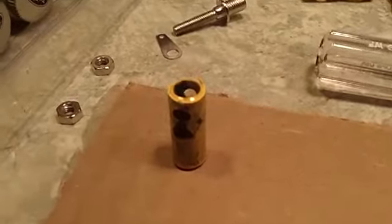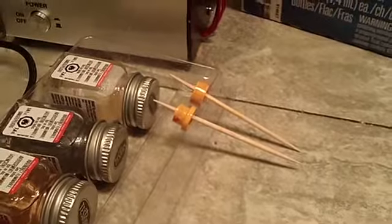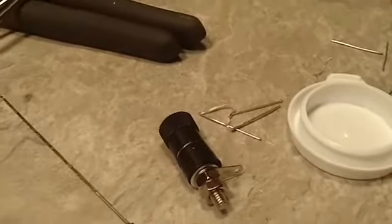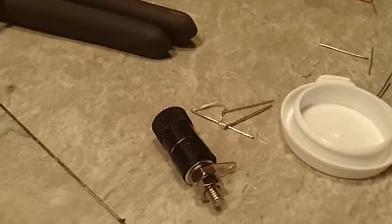Well, now we have the first coat on. Have the places where I was holding with the hemostats, I'll have to go back over that. There's some of those over there, there's some over there, and I just realized I forgot that one. I have to take that one apart and do that one also. But anyway,